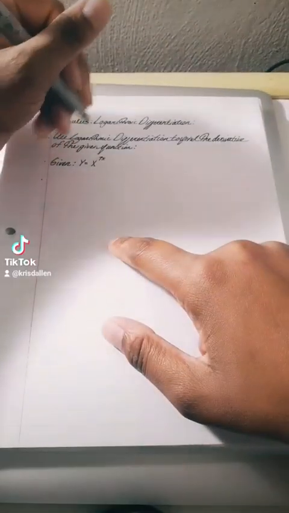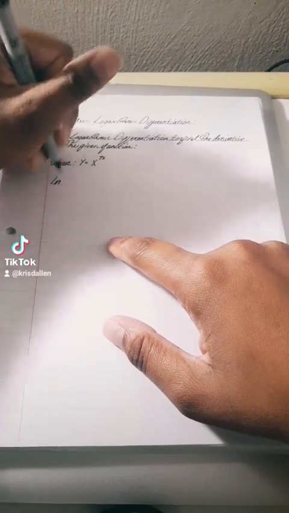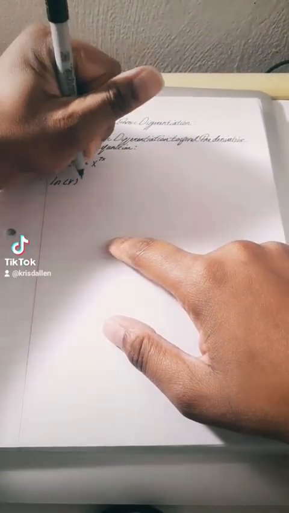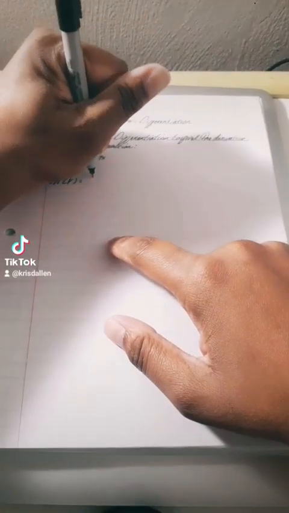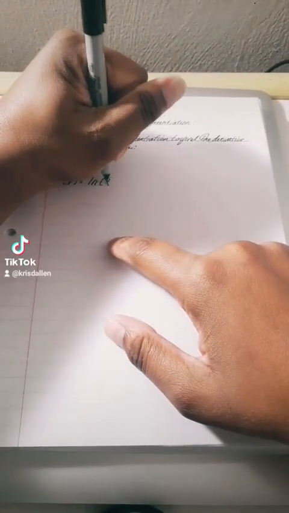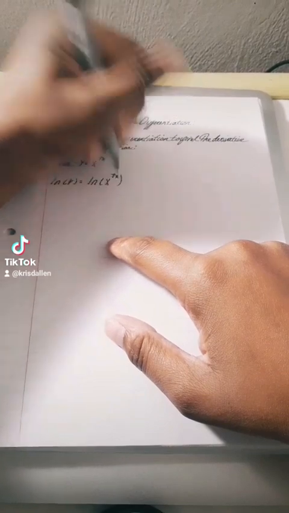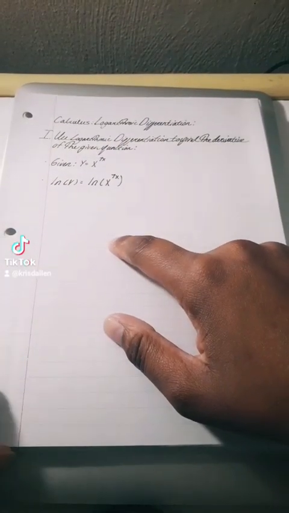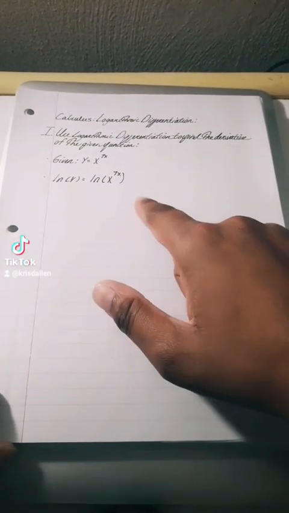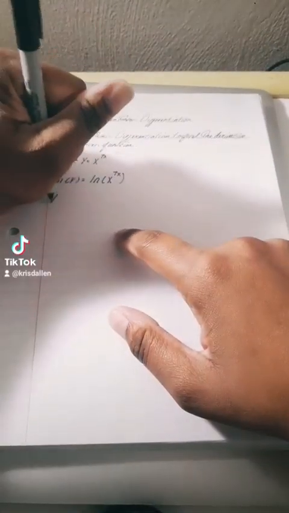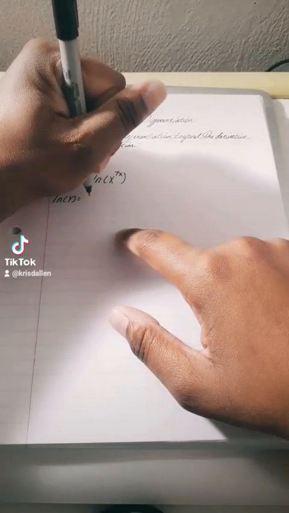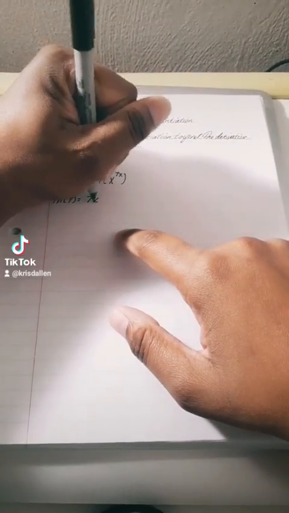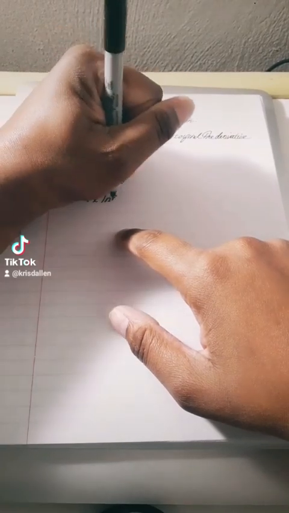Alright, so the first thing that we want to do is begin by taking the natural logarithm of both sides. So we'll take the natural logarithm of this side, which will be ln of y, and then the natural logarithm of that side, which is x raised to the 7x. And then we use properties of the natural logarithm to simplify. So over on this side, obviously, we still have our ln of y, and over here, this is just going to end up being 7x times the natural logarithm of x,